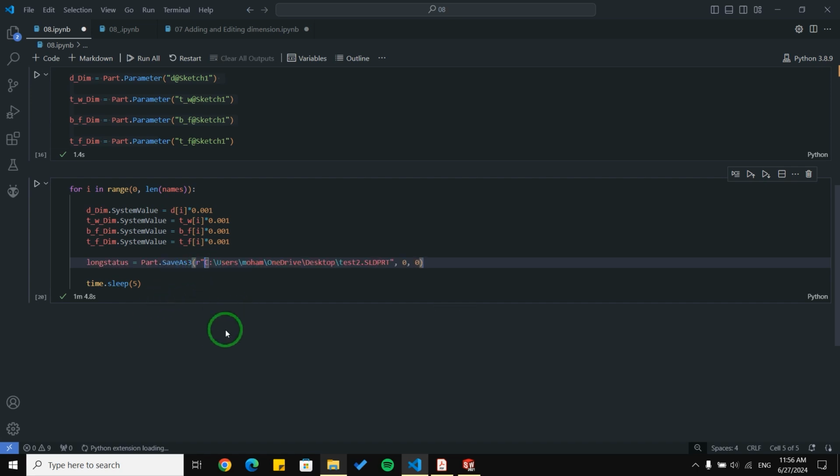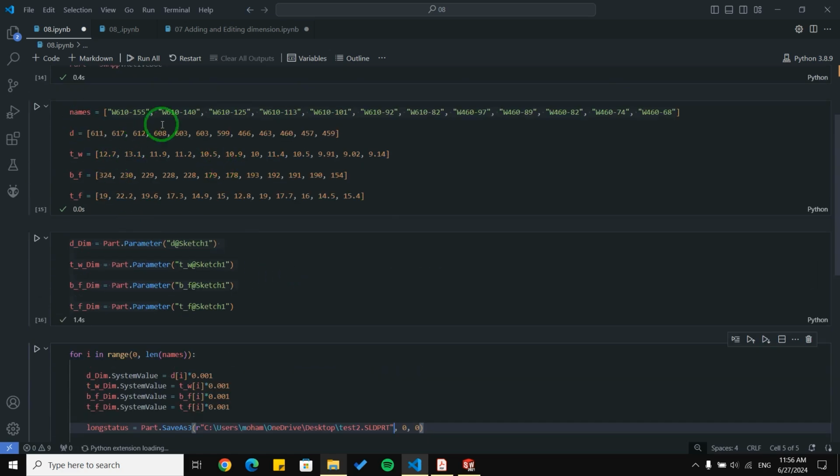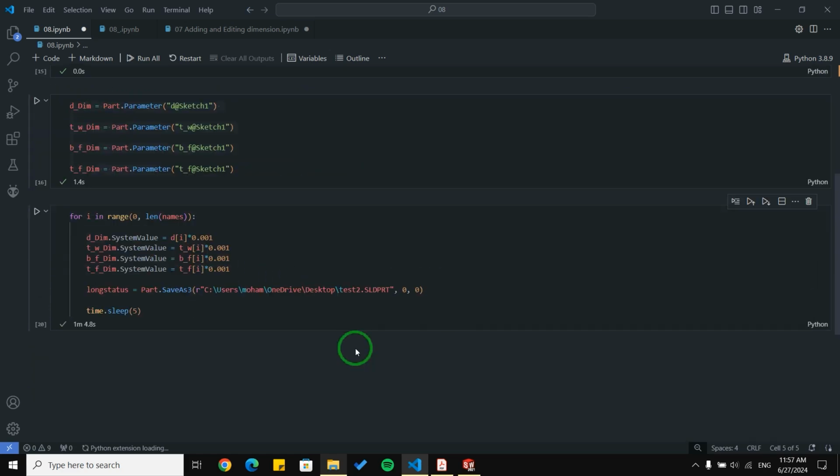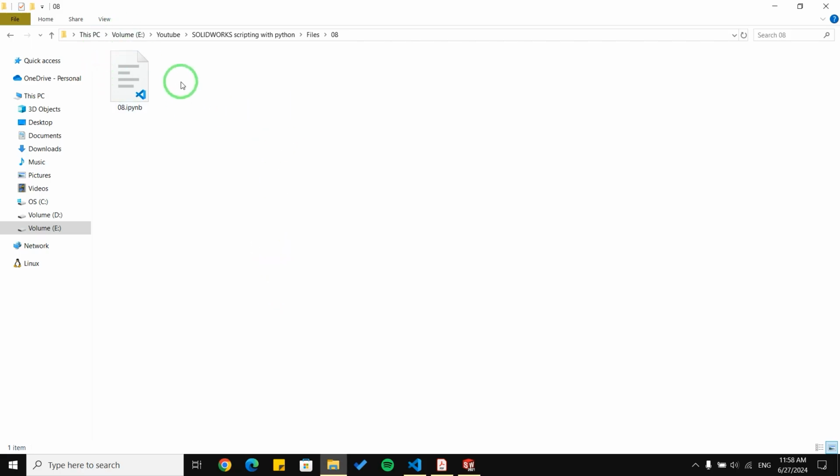And as you can see, we have three arguments, but the most important one is the first one, which specifies the direction here, and at last the name of the file we want to save our document as. I'm going to change this code so that we are able to save our file with our specific name. For that, first I need to specify where I want to save my file. So I'd like to save my file in drive E and in this folder.